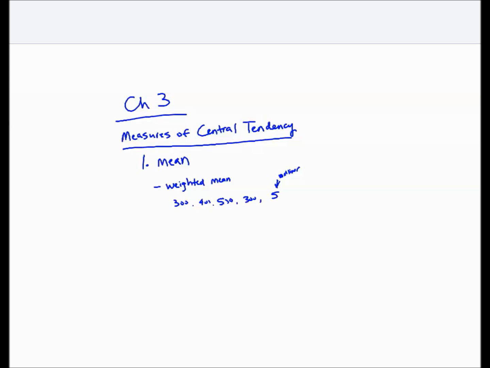So for your test, you make sure that you can do a weighted mean, an arithmetic mean, and a geometric mean. Okay, you may be asked all 3, and they're all covered in the handout that I've posted for chapter 3. Okay, now we're going to move on to the next measure of central tendency,